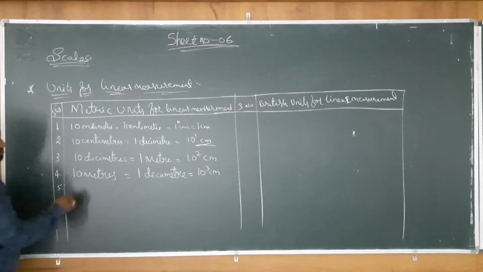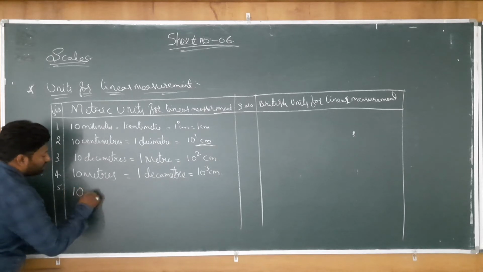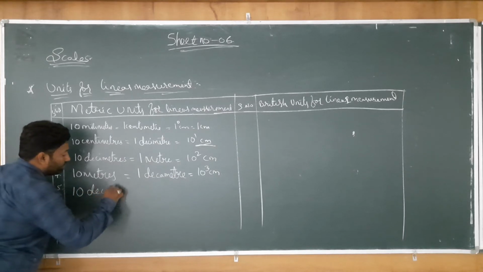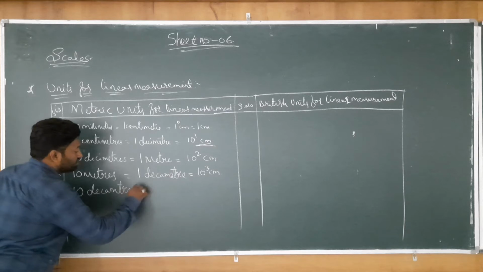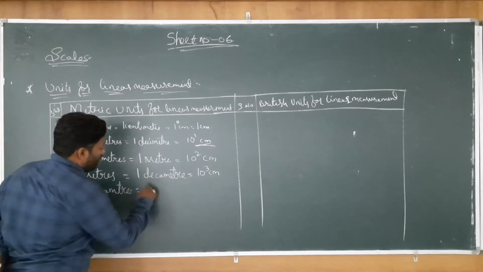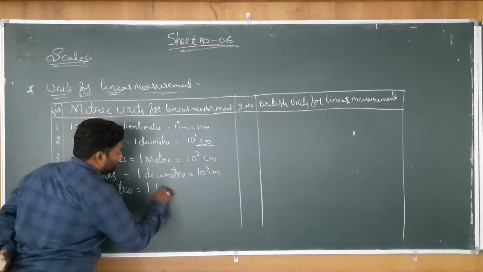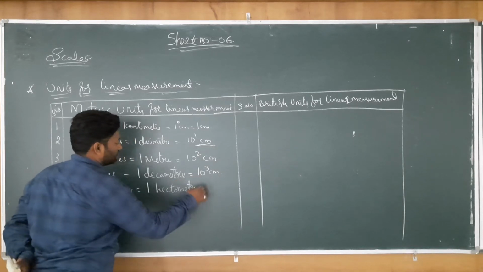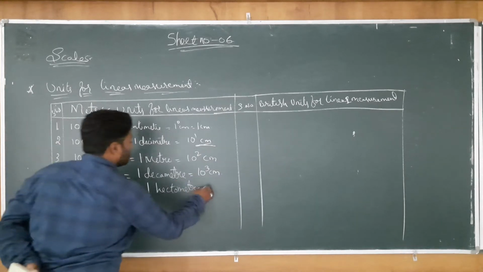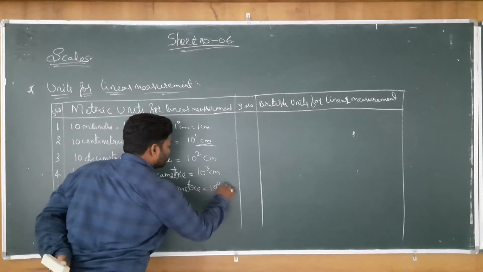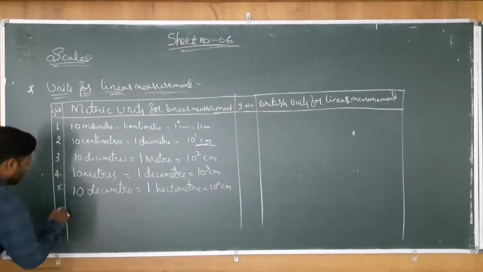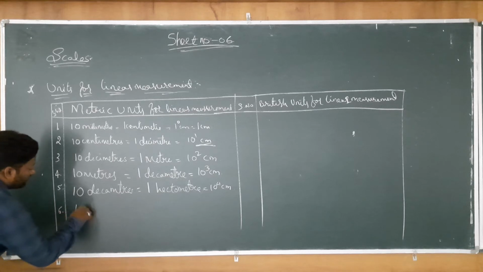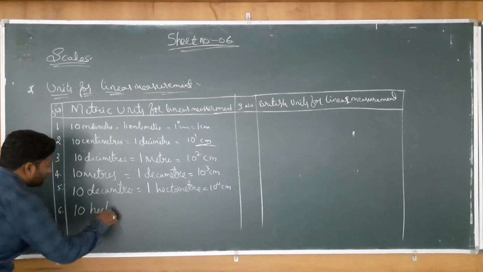Fifth one: 10 decameters is equal to 1 hectometer. 1 hectometer is equal to 10 to the power of 4 centimeters. Now, the sixth one is 10 hecto